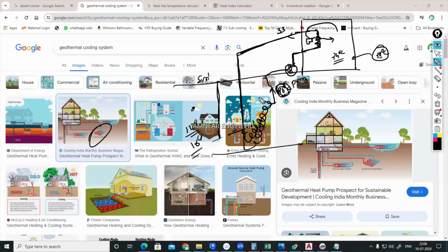Accordingly, you can also create it. But you might be thinking that you have a bore well or a tube well in your home. Yes, that water you can also use to cool your spaces. It is practically possible, but geothermal energy or cooling systems, we should not enhance that one, or we should not motivate this,